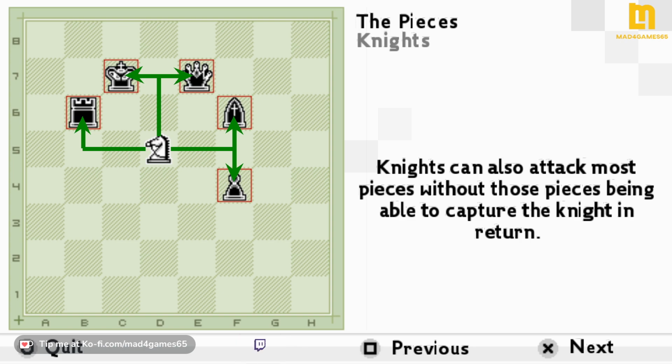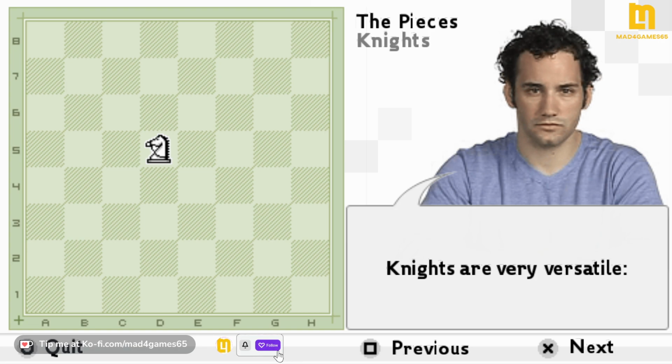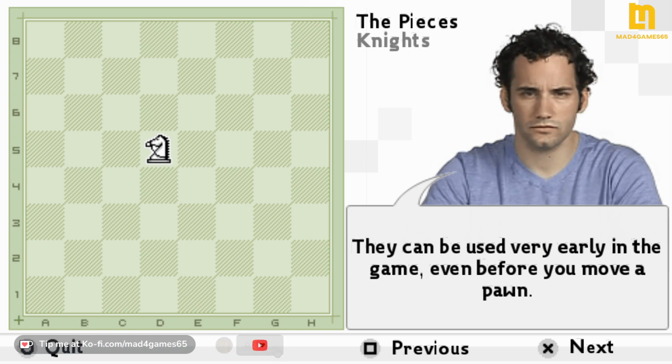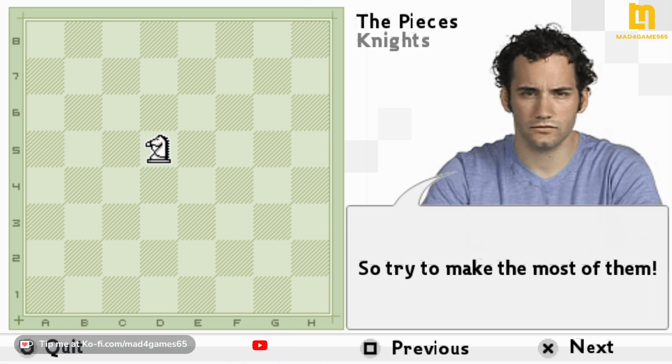Knights can also attack most pieces without those pieces being able to capture the knight in return. Only another knight can counter a knight attack. Knights are very versatile. They can even be used very early in the game, even before you move a pawn. Their unique style of movement and attack can cause lots of problems for your opponent, so try to make the